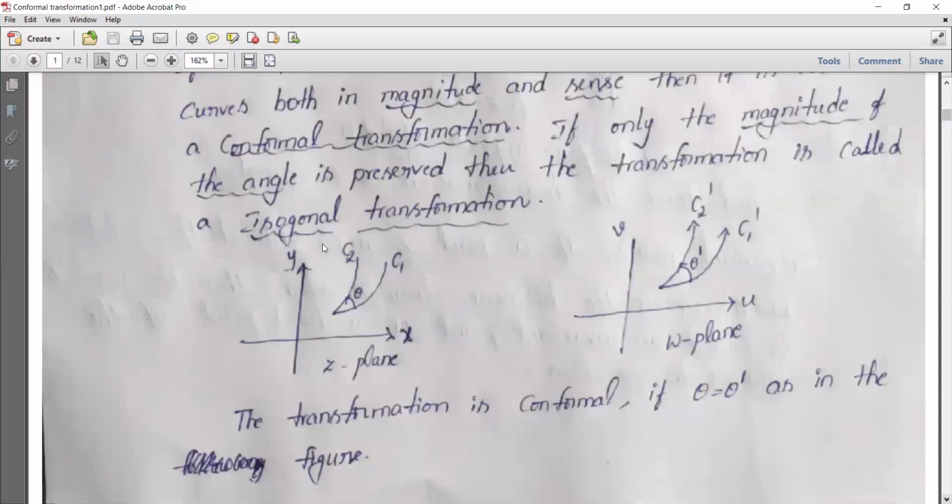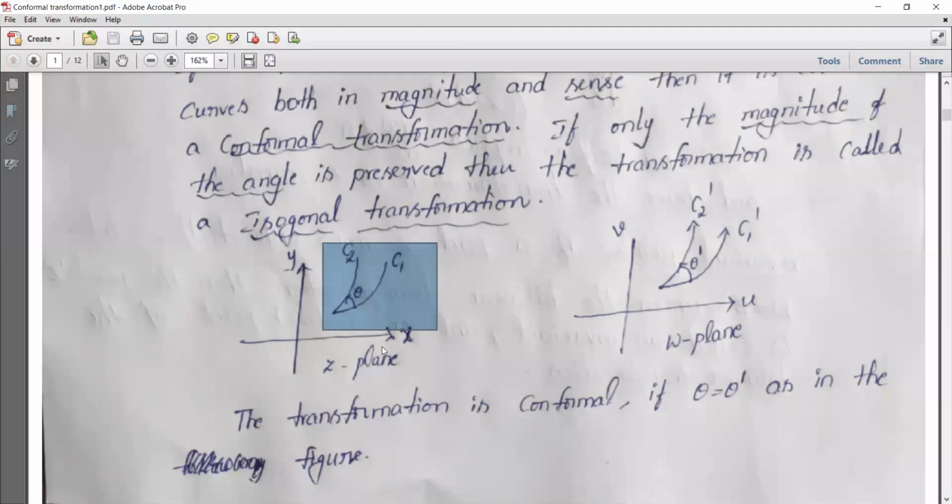Here, once you see the Z plane diagram, C1, C2, two curves are there. For each curve, how can we get a curve? By connecting or joining the points. That means for each point in the Z plane, we are getting some other set of points in the W plane. For that set of points, if we draw a diagram, we will get one curve like C1. To this C1, correspondingly, we will get another transformed curve, that is C1 dash.